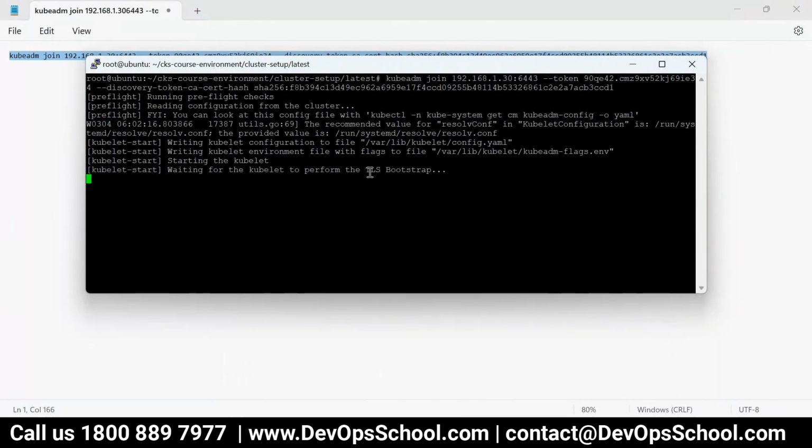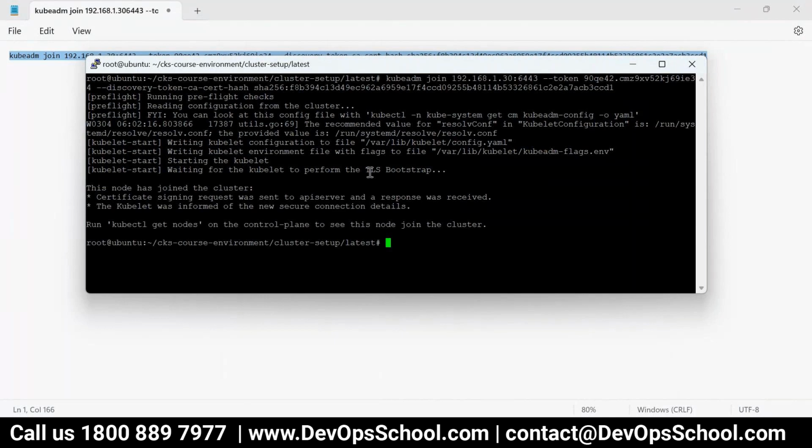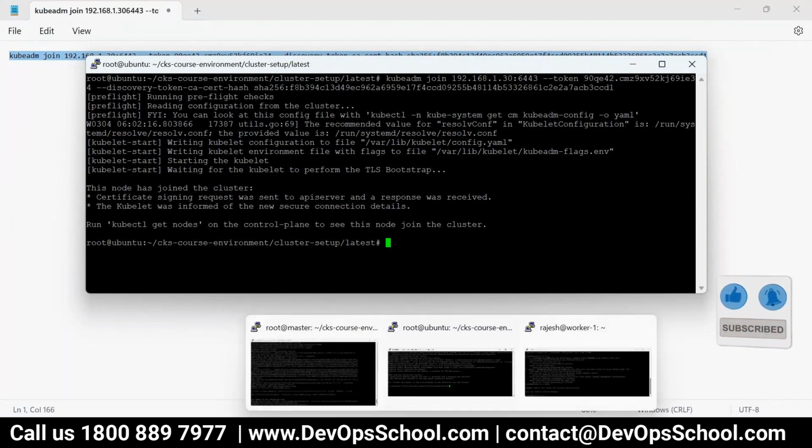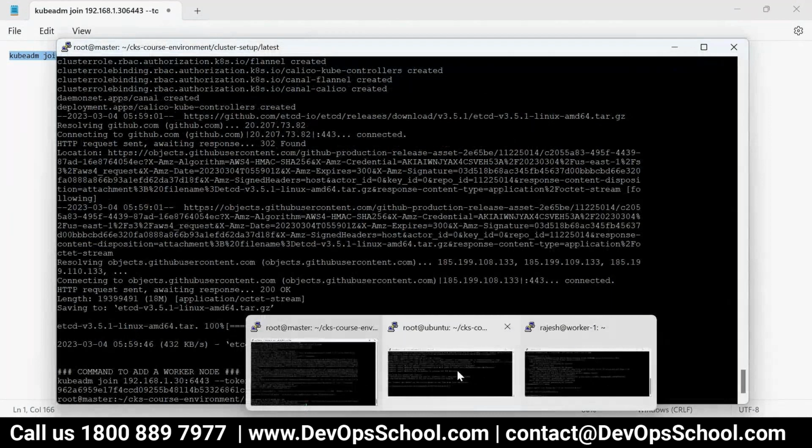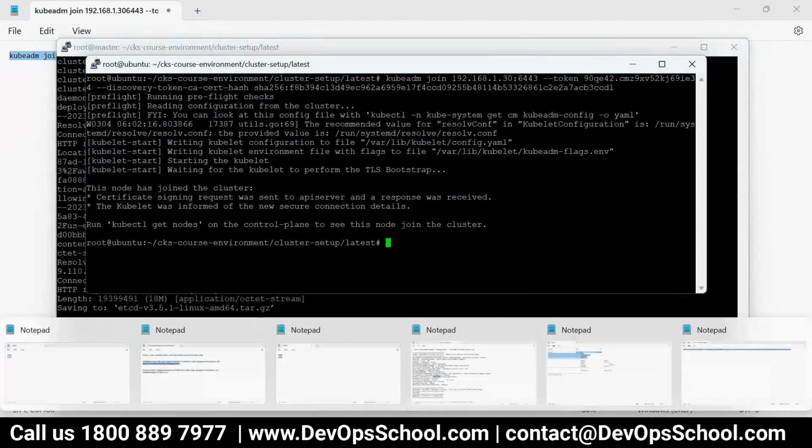I have added one worker. You can set up as many workers. That last command we need to run in each worker after running the script. So now you see that this is the master, this is the worker. As per the discussions, we got the master and worker. Any questions so far?